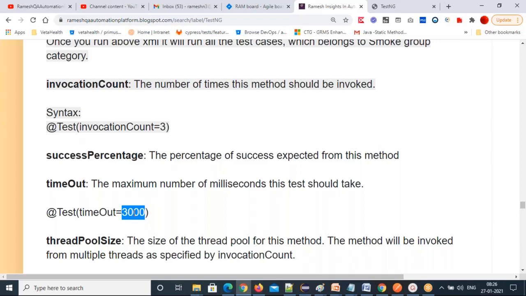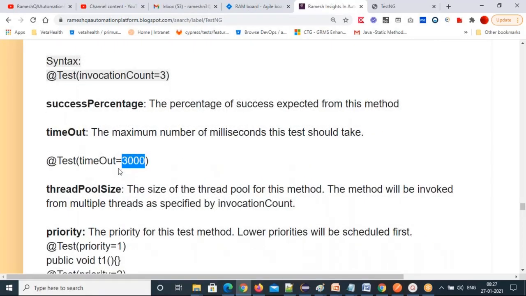If not finished, what will happen? The test case will be marked as failed. So basically what this keyword is helping us with is that within this time, the test method has to finish, and maybe you can pass this output to the next test method. So that's how we can use @Test and then specify timeout. You can calculate the performance of that particular feature, that particular test case. You can calculate with this timeout whether a particular area is finishing within the specified time or not.